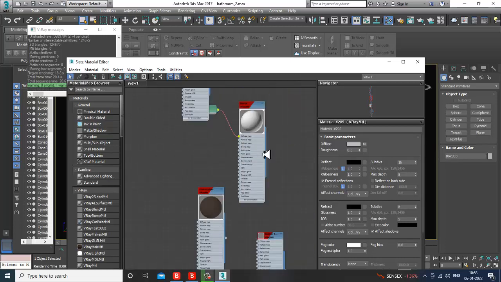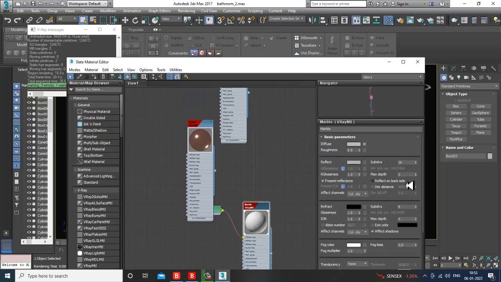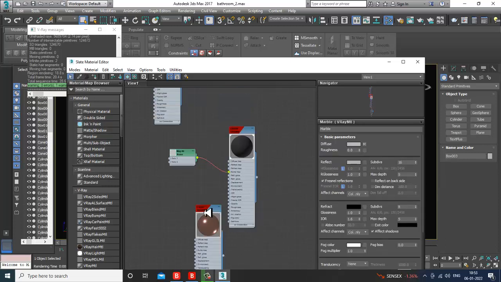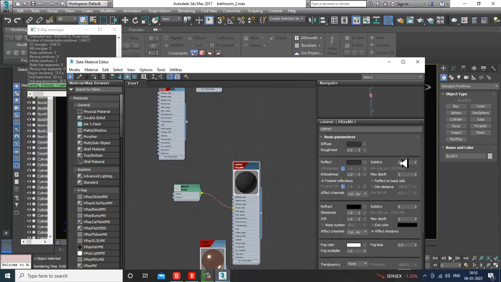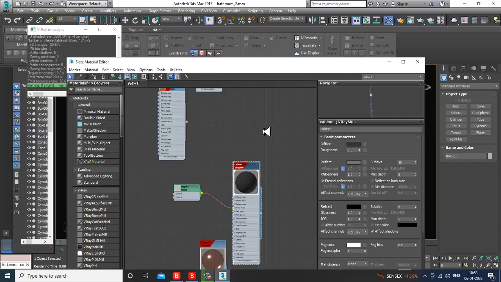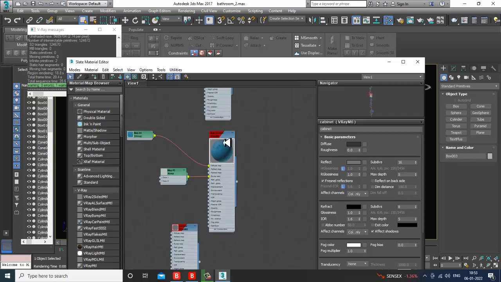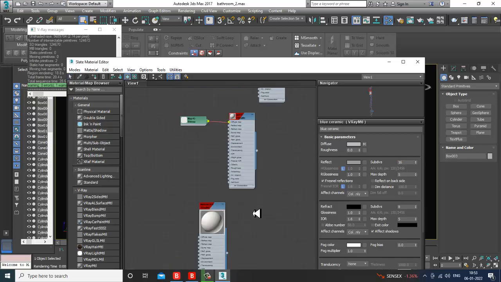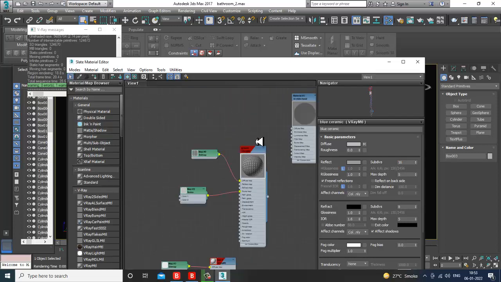So for the floor also, I have increased already. Cabinet, okay, that's the cabinet. I can give a bit of reflection over here, not much. Increase subdivisions. For the ground we have increased.